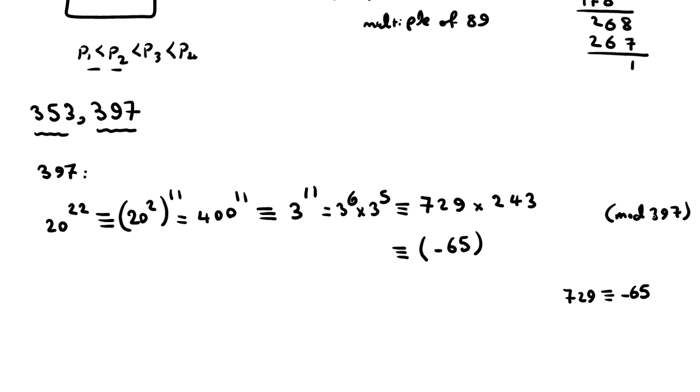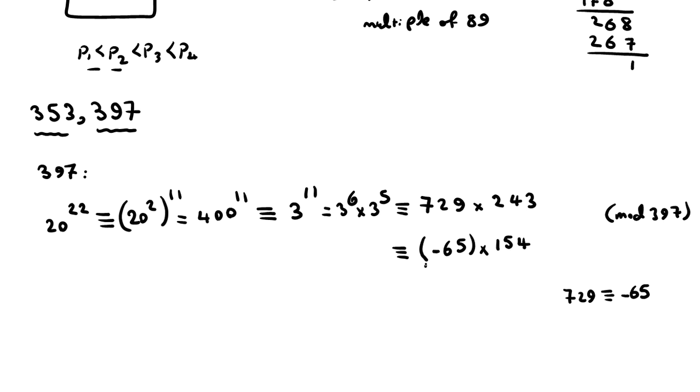If you subtract twice of this number, oh no, this part, let me correct it. You can say if you subtract twice of this, 23 is left if you calculate. So it is congruent to 23 mod 397. And sorry, the previous one was correct. I just told you that for the 353 case. Okay, so negative 65, it's okay, times 243. If you subtract 397 from 243, it will be